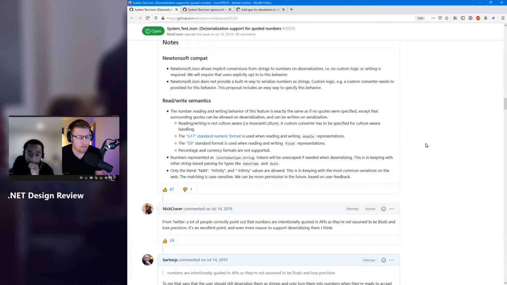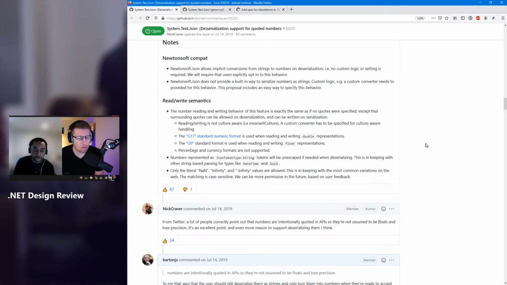Is there any other behavior that Newtonsoft has with respect to numbers that we don't have? Okay, so one thing that Newtonsoft will support is to deserialize NaN, Infinity, and negative Infinity without quotes. But we regard the only constants that we allow as null, according to the JSON spec. So, and these three literal values, case sensitive, are the most common that float around the web. I think that it will suffice if we support just these